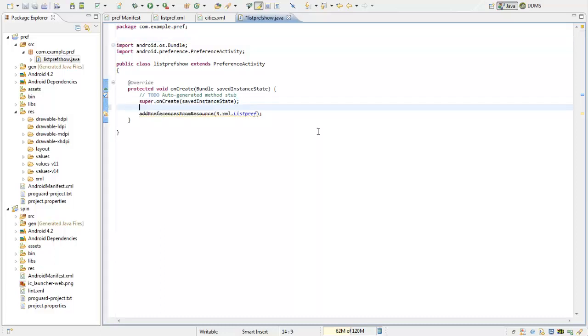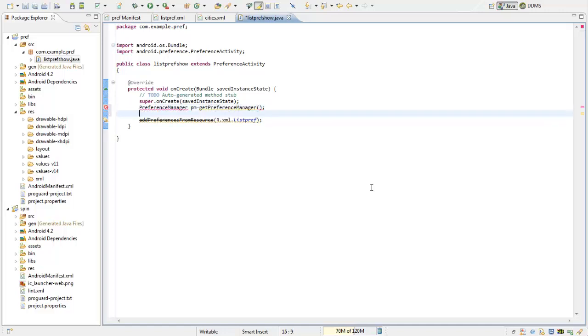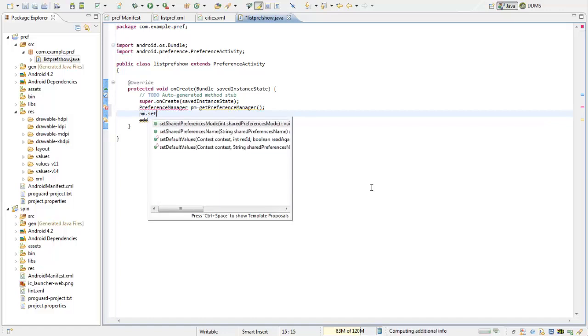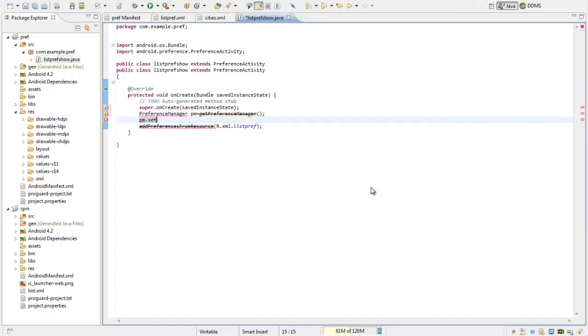and in case I want to set up the preference file name to be different than the package name, as by default it creates com.example.pref_preferences, but in case I need to give it a new name, I can say PreferenceManager pm equals getPreferenceManager, and I can say setSharedPreferencesName.